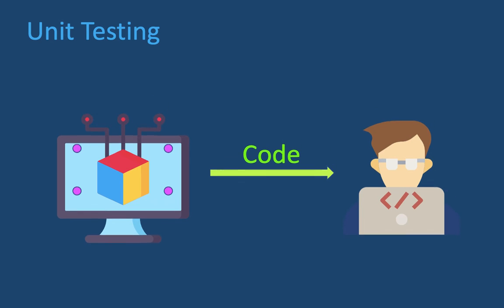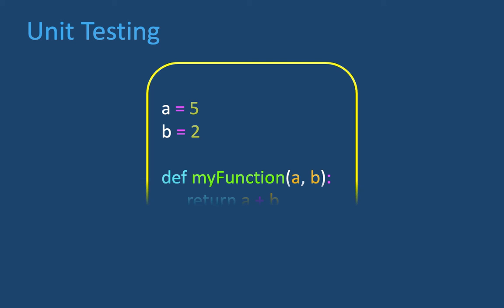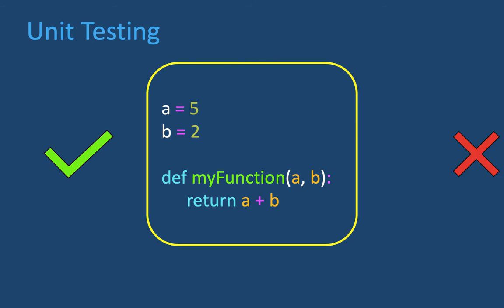For example, imagine that a developer has written a small program for some requirement. Let's say this program calculates the sum of two positive integers. This program is just a small part of a big program, so developers will conduct unit testing to just test this function if it works as expected or not.